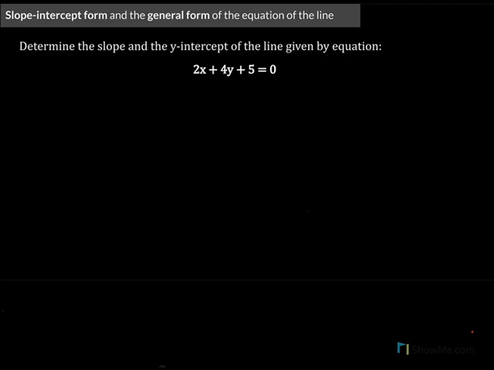In the second video, we're going to get a closer look at different forms of the equation of the line, the slope-intercept form and the general form of the equation of the line. So the slope-intercept form, in Swedish books also called the K-form,